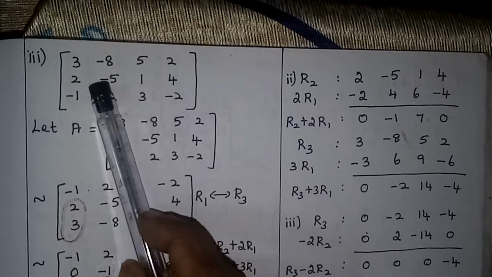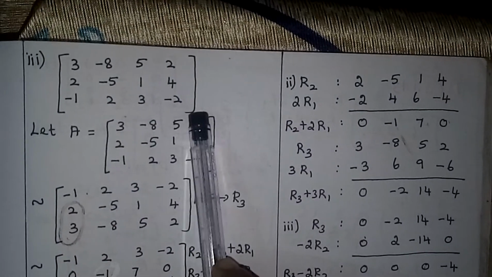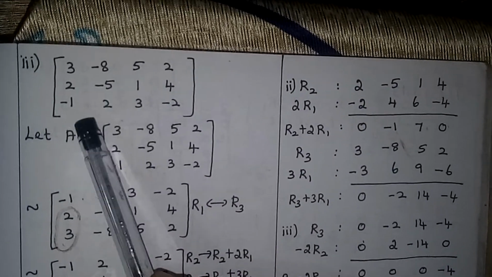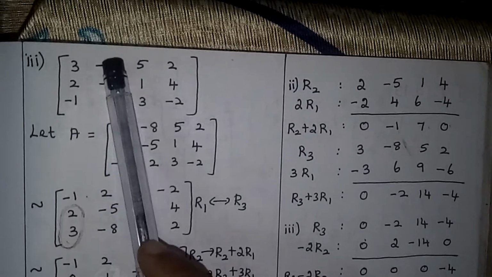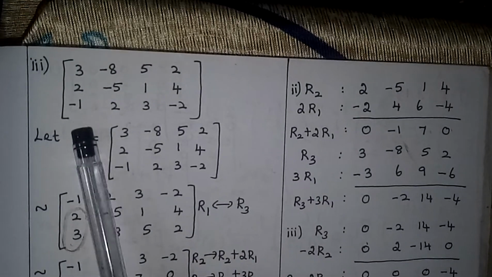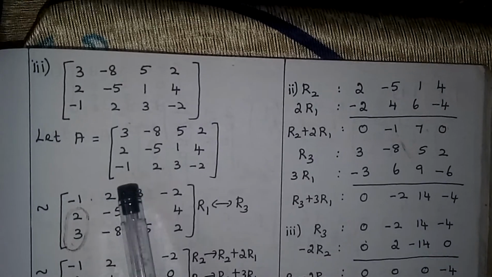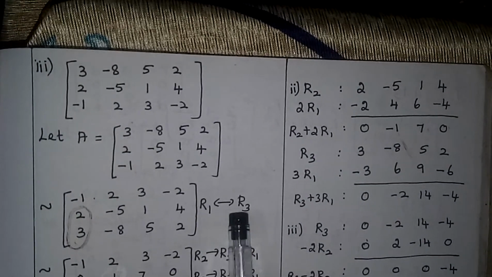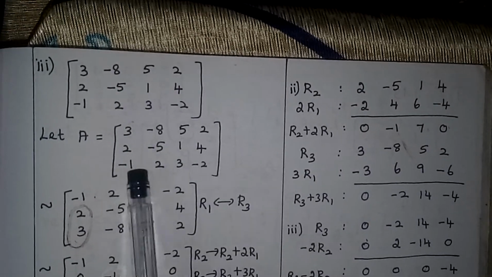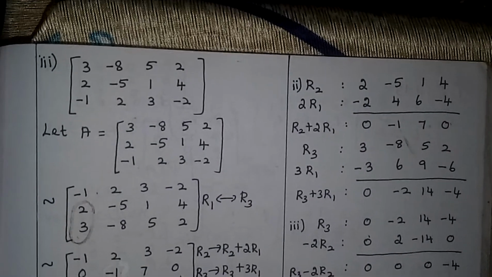Now the third subdivision. Here also we have a matrix and we have to find the rank of this. First, you can keep it like this itself and do it. Or if you make the first term 1 or minus 1, the calculation will be a little bit easier. So I am going to interchange the first row and last row. This minus 1 you can bring to the first row, isn't it? So interchanging, this symbol is interchanging R1 and R3. I am taking the last row elements to the first row and the first row elements to the last row. This is the first step.